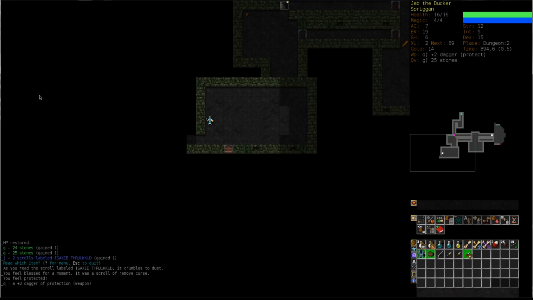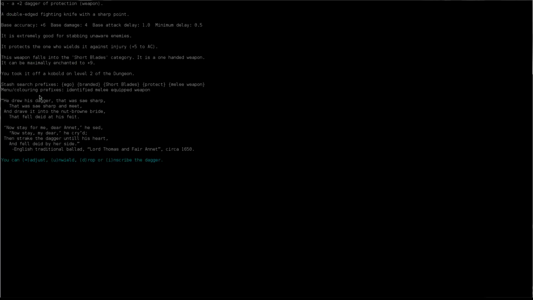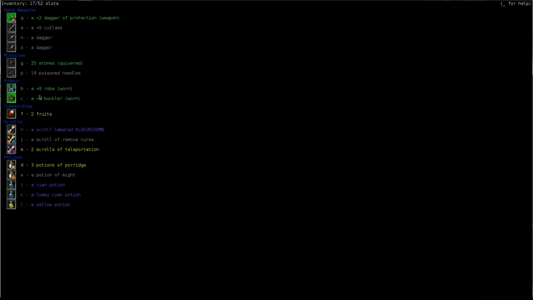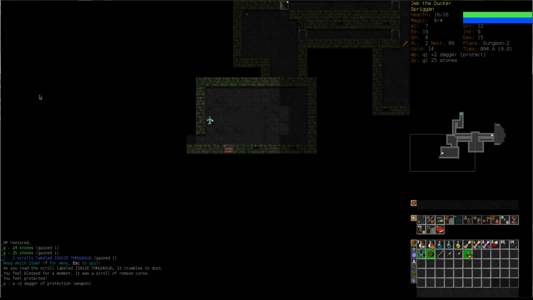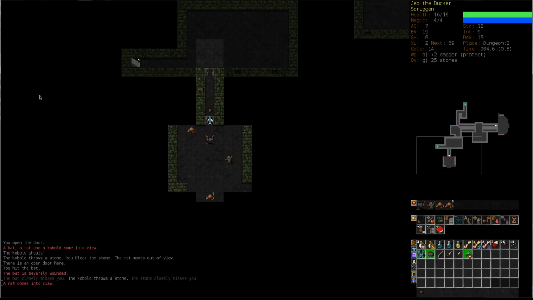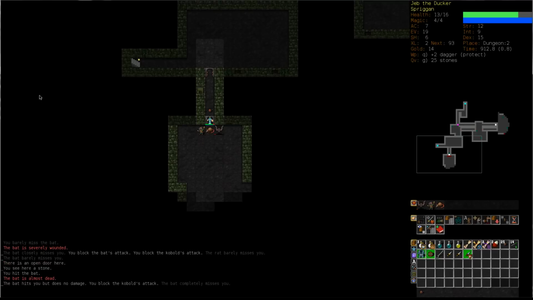A +2 dagger of protection. Wow! Well, that's a blessing. Nice. Okay, so we'll deal with the dagger now. The cutlass is a great weapon, +4 accuracy, base damage 7. But this one has +6, that means +8 accuracy and 6 damage. Plus it gives us +5 to our armor class. So that is an awesome thing to find. Come on. Come on. Okay, let's...